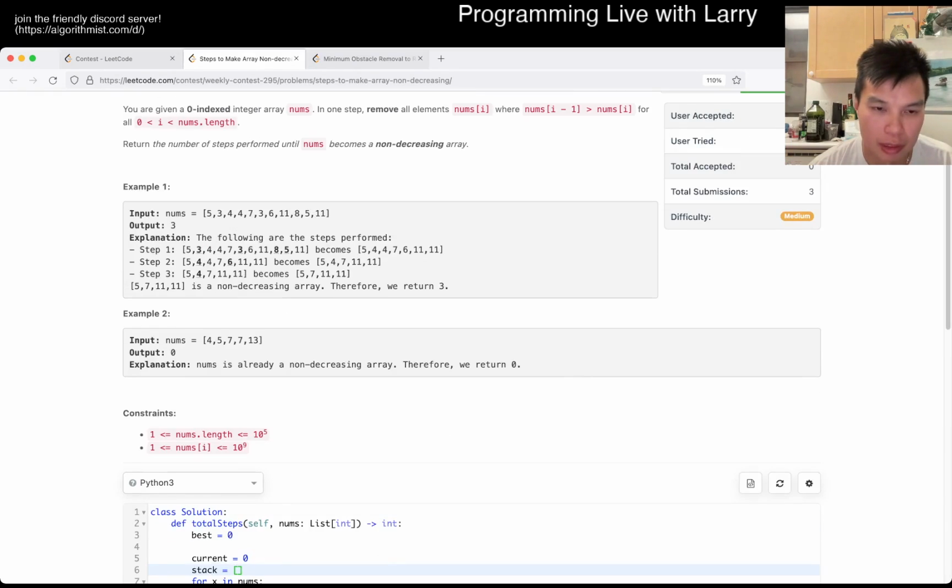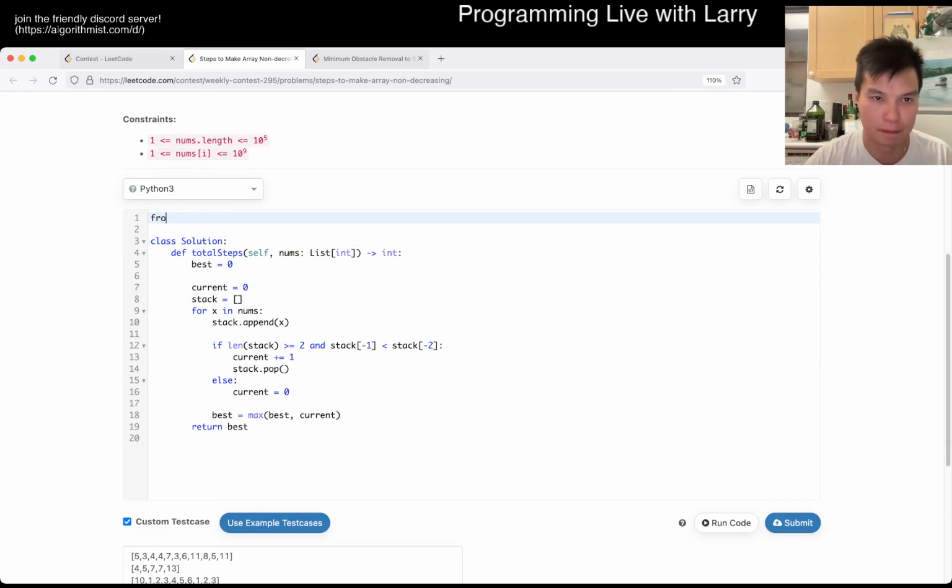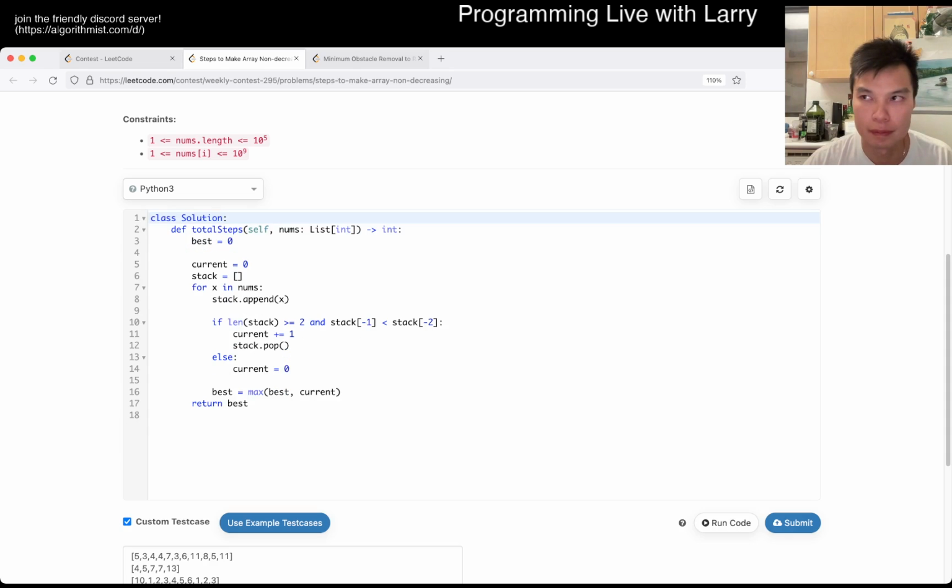Because you can't simulate. Can you simulate? How do you? I guess you would do a linked list type thing, but